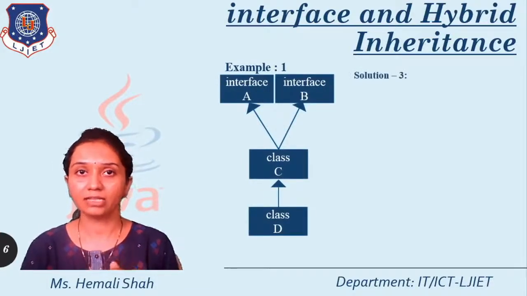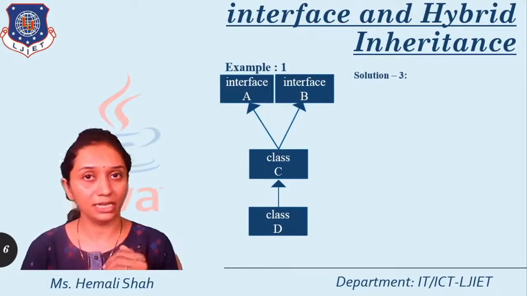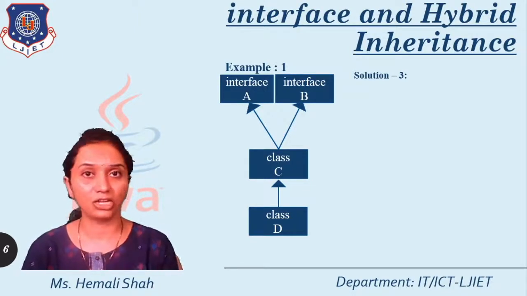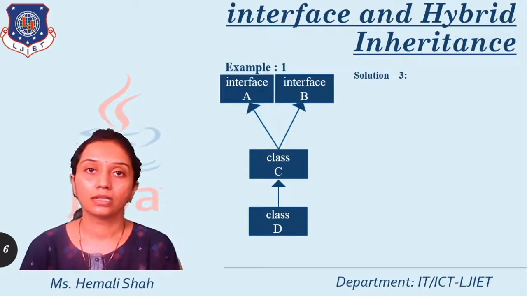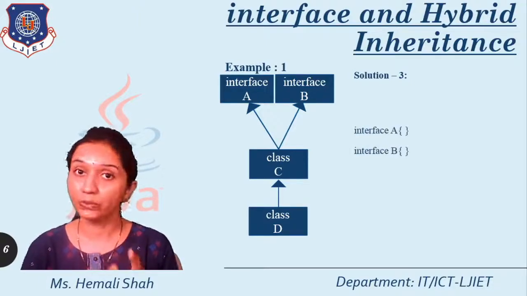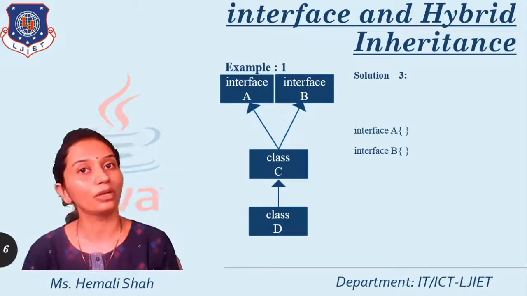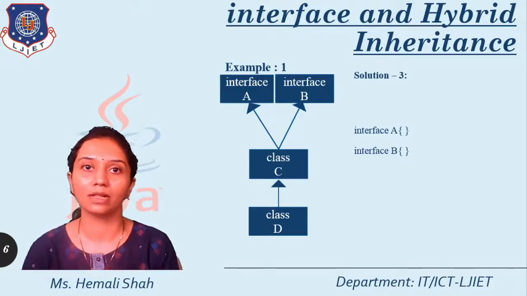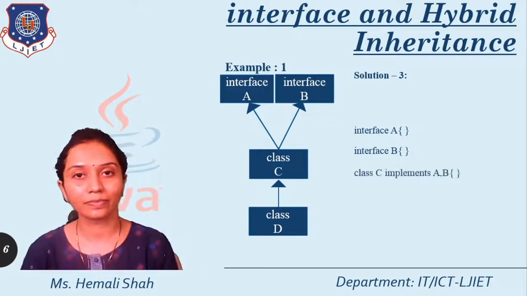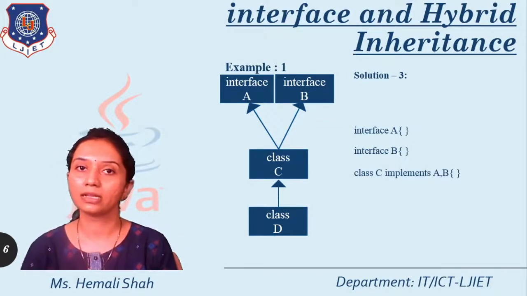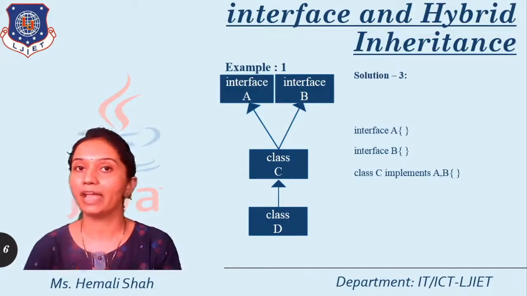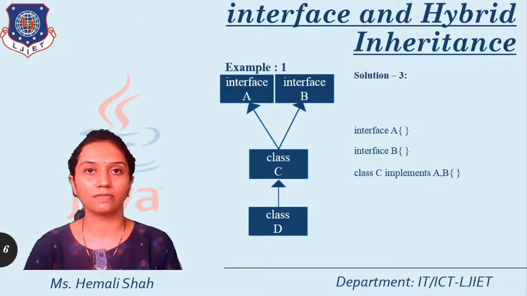If A and B are both interfaces in our code, then what should be the definition of class C? So here A is an interface, B is an interface. Now you can create a class from more than one interface. This is possible using Java. For that you just need to write like this: class C implements A, comma B. Here you can specify as many interfaces as you want as a parent of C. So this is possible in Java.